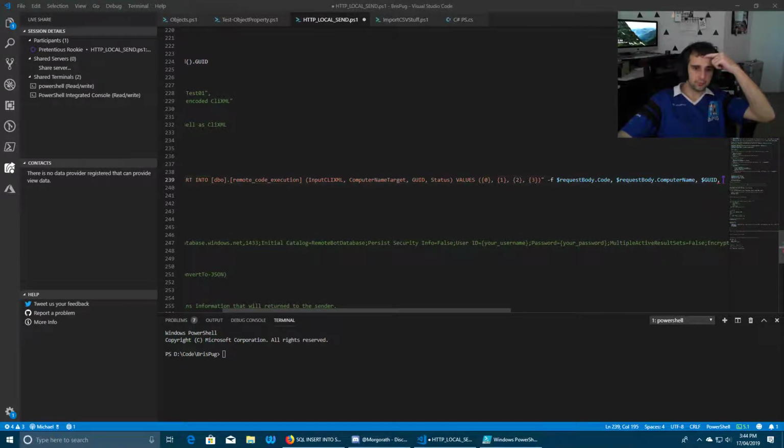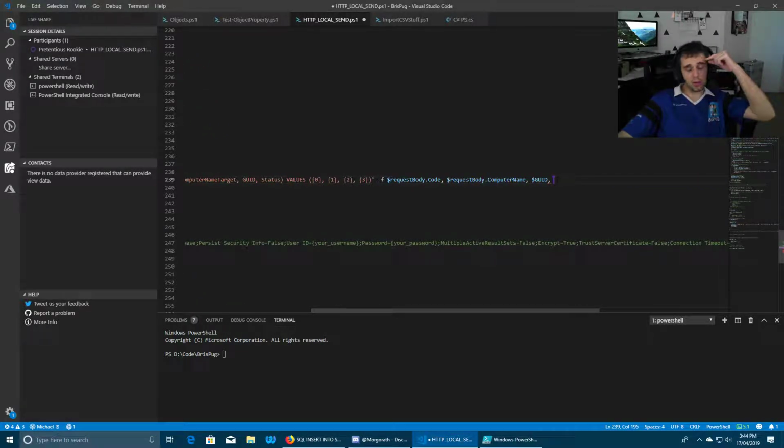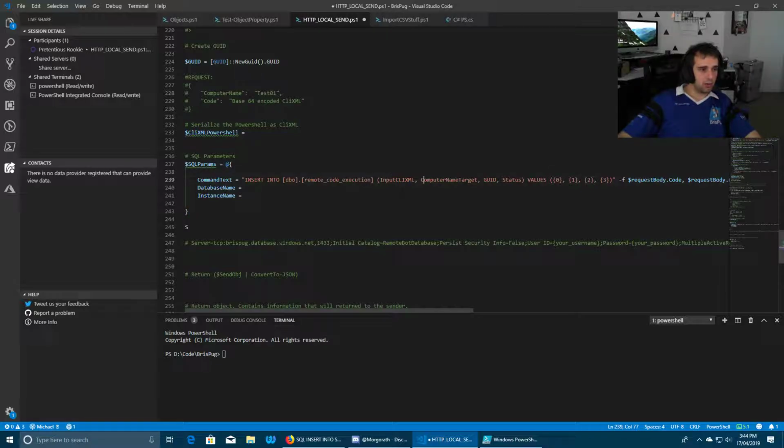Oh, great. Now where did my cursor go? Adding random dollar signs around the place. It's not going to be a variable. You're just writing a string. So how do you define a string? Yep. And then what would you write in there? Yep. Just done. That's it. So that's our command text.